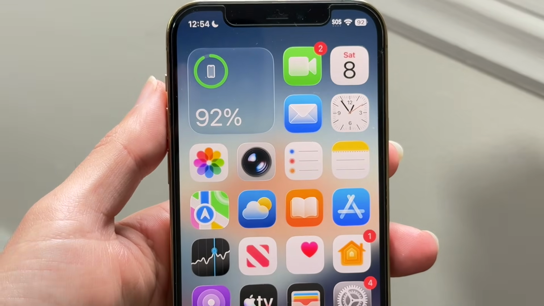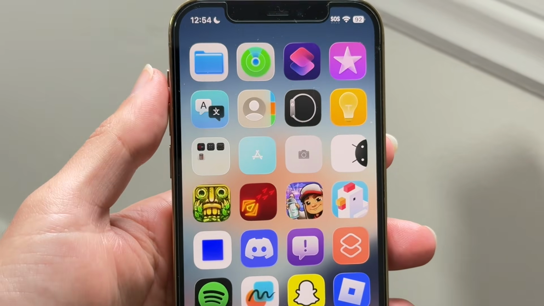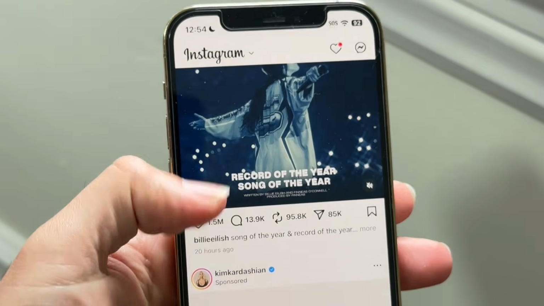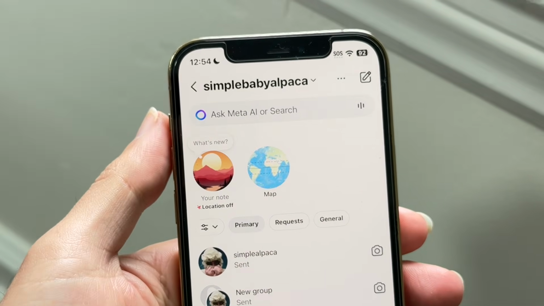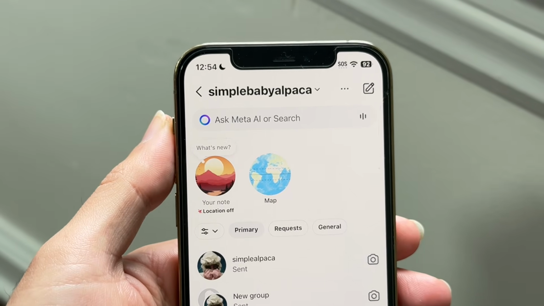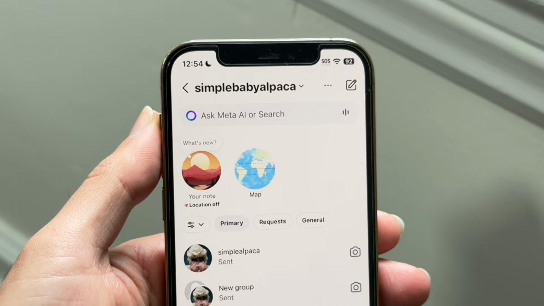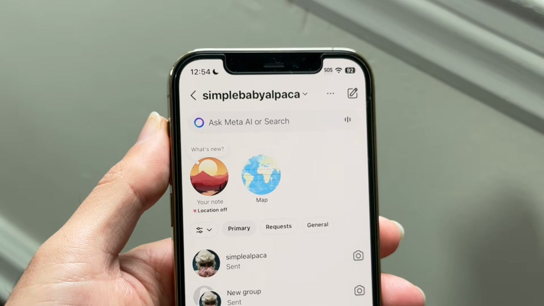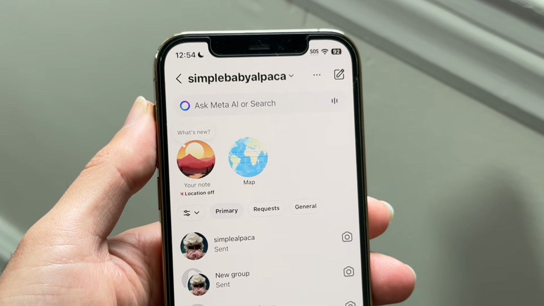So you might be in a random situation where for some reason your Instagram DM panel, your direct message panel, doesn't show a primary or general option. You can see right here, I don't have primary, requests, or general. Now, the first thing to remember here is that you normally will only see these particular options if